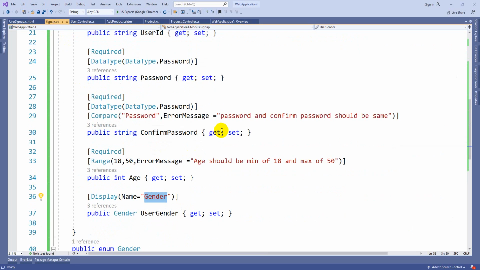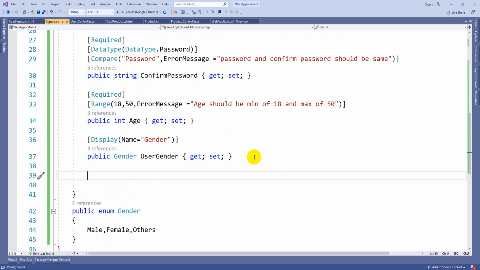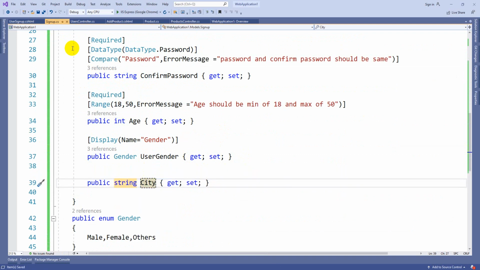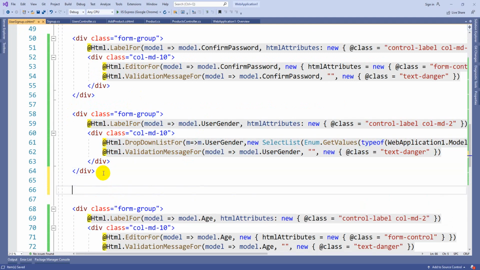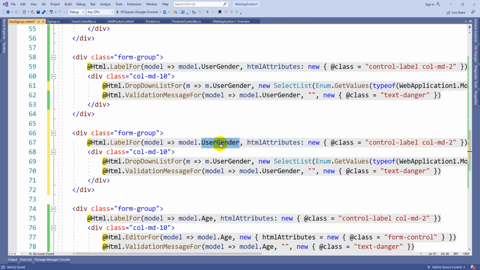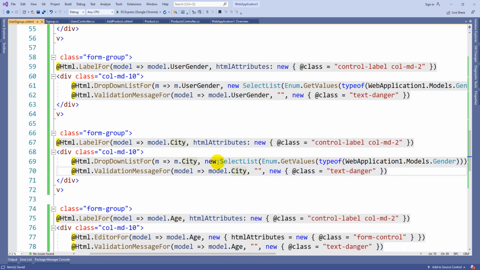Now suppose you want to generate it on the fly by using predefined static values, that we can do. So here I am going to take the type string, suppose city. For this attribute, in case I want to add some drop down elements, we can do it like this. The same thing here, you can select the city itself, here also city. Now the only thing is, instead of this particular new select list item, we are going